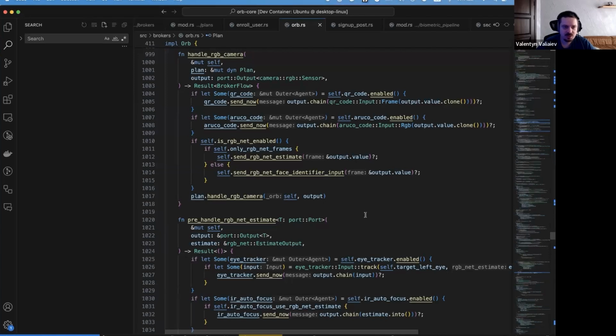It routes the output of the RGB camera agent to the QR code agent, the Roku code agent, and RGBNet, but only if these agents are enabled. And as the last step, it calls the plan implementation of the handler. So this way, a plan can inject into the broker.